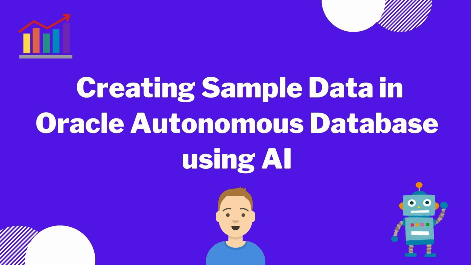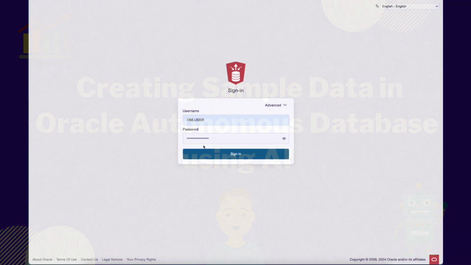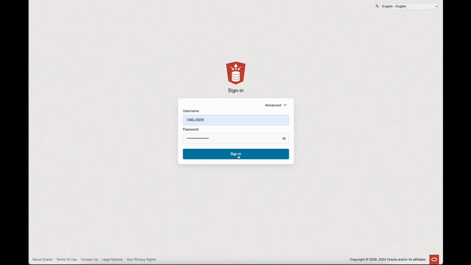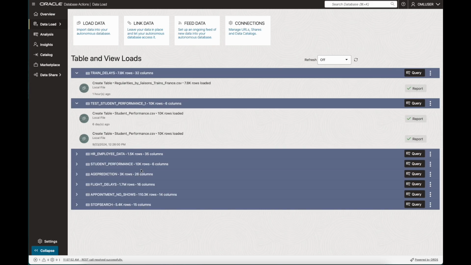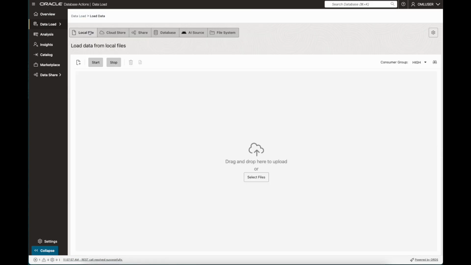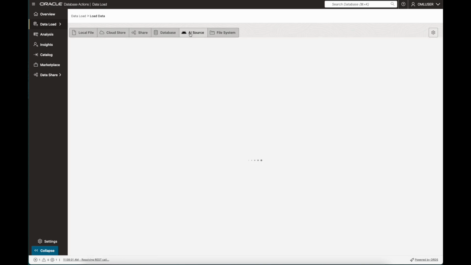In this short demonstration, I'm going to show how you can use Oracle Autonomous Database to create sample data using artificial intelligence. Now, the first thing that we'll do within this demonstration is log into database actions within our Autonomous Database. Once we've done that, we select Data Load. We then select Load Data, and from here, we're able to create an AI source to create the sample data